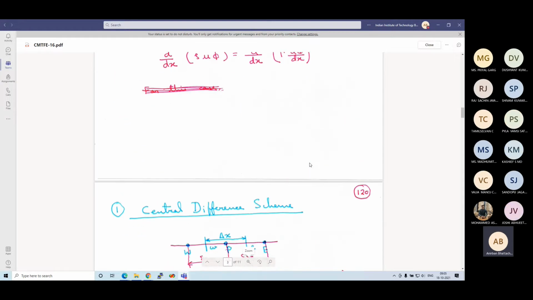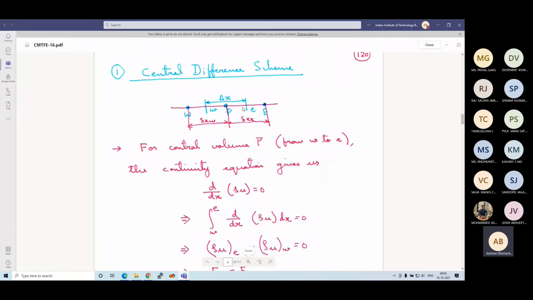So we started with the central difference scheme. The basic assumption in the central difference scheme is that for the convective term, the interface value, for any variable phi, is the mean of its adjacent grid point values. And we found that this scheme is inadequate. It is not suitable for high flow situations, when the upstream side value should be dominating the interface value. But it is suitable for very low flow or no flow situations where diffusion is the dominant factor.